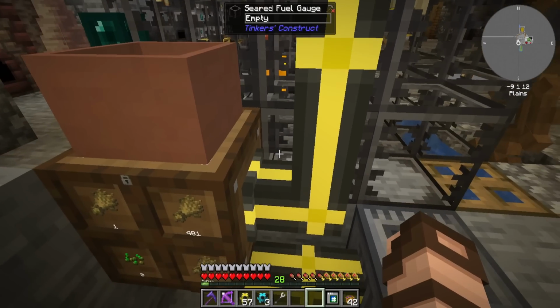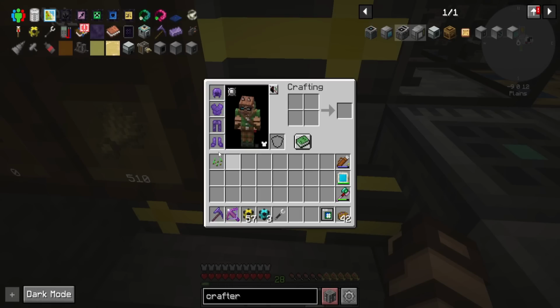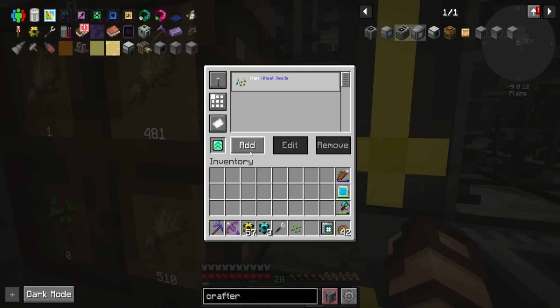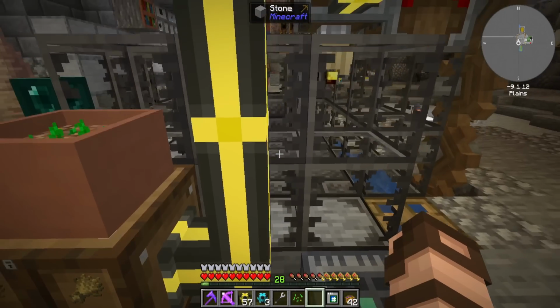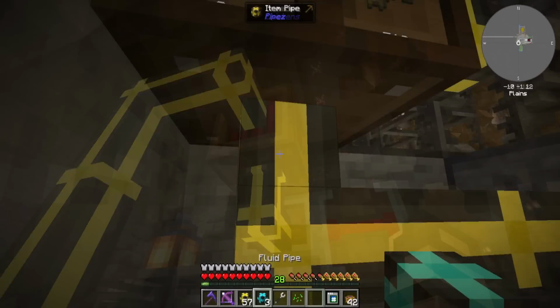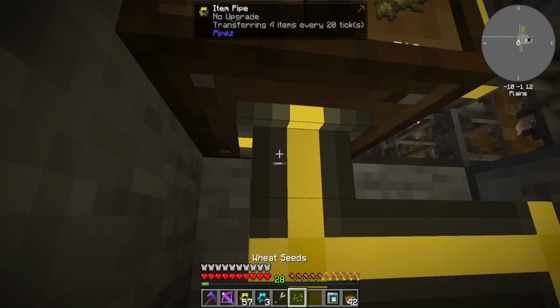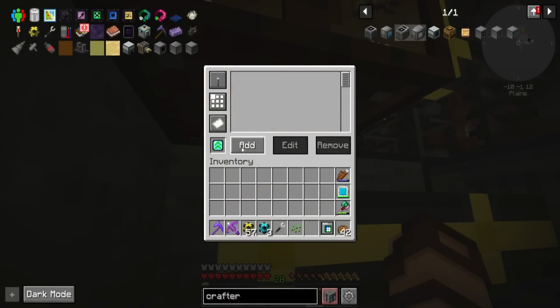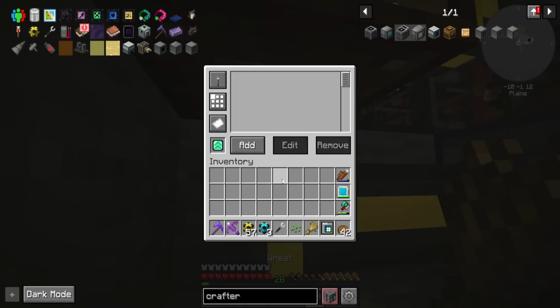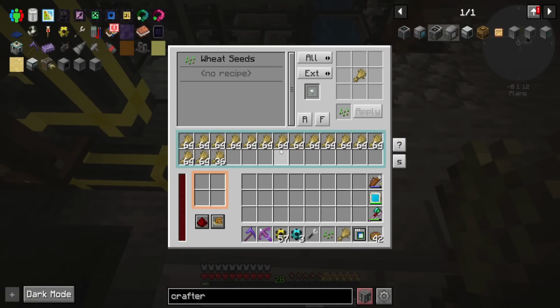Grab one of these wheat seeds, and then I can use that as something to filter by. I want it to whitelist only wheat seeds, and that should do it. And you can see the wheat seeds are empty, and it should go up into here. Yep, good to go. And then this one I'm going to have to change and upgrade as well. By putting this in, I can whitelist wheat only. Let's grab one of those. There we go. So this should only take wheat into here now, and it will automatically craft things once this